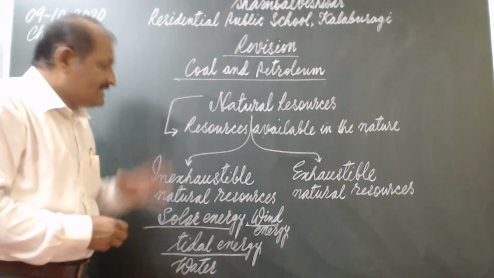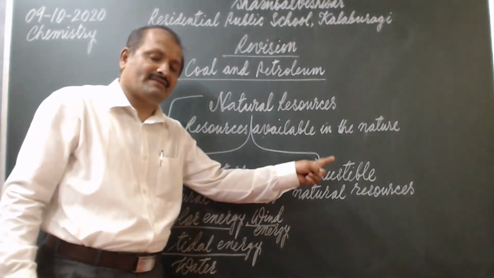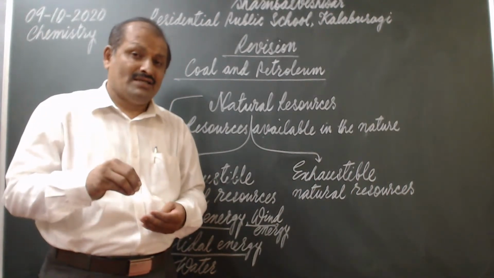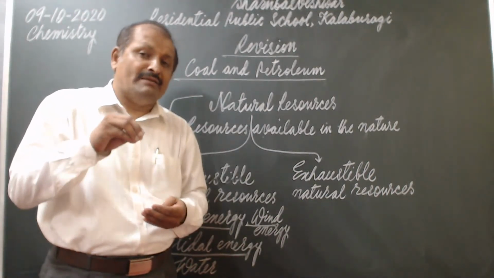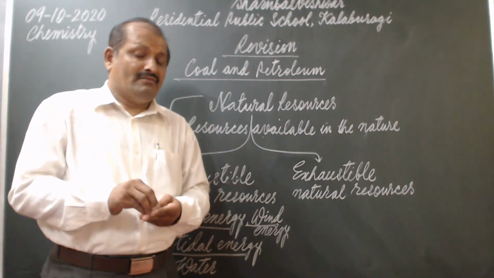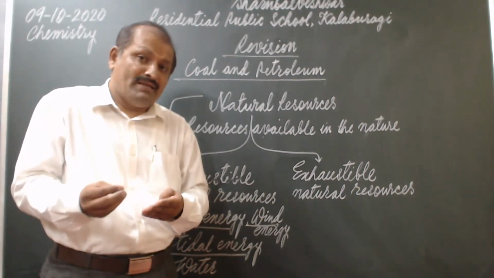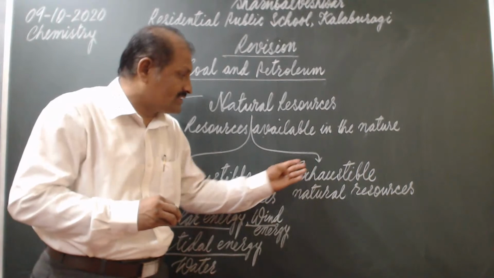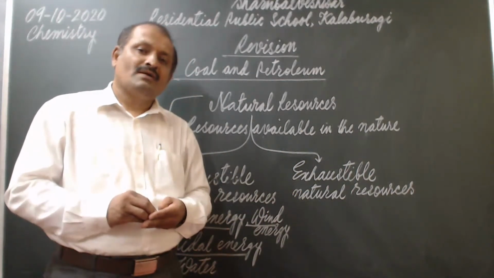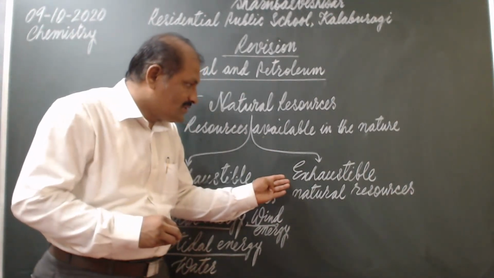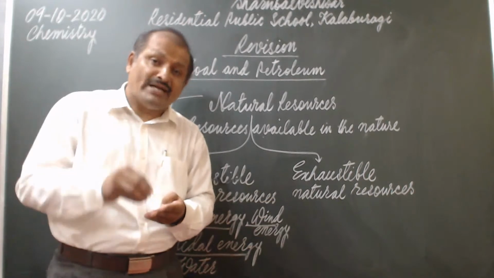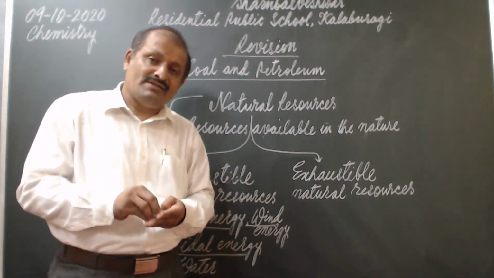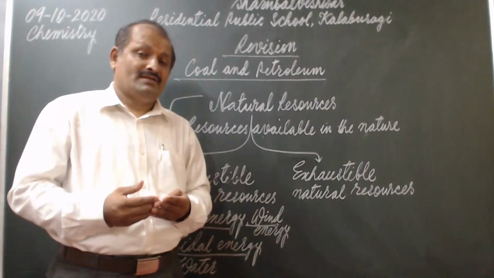Right. Okay. Then we have the exhaustible natural resources. What are exhaustible natural resources? See, the natural resources which are available in the nature in the limited quantity and are not renewable. Such resources, what we call exhaustible natural resources. The natural resources which are available in a limited quantity and are not renewable are called exhaustible natural resources,